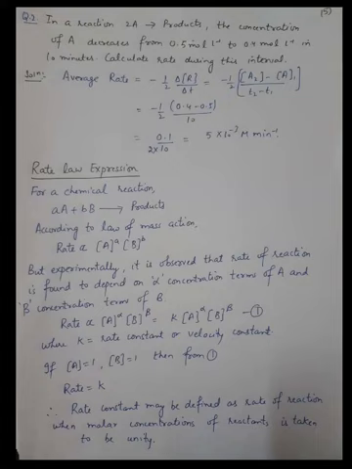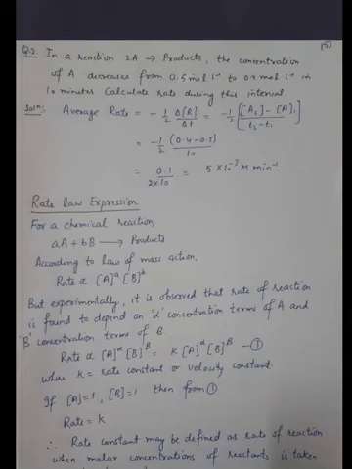But we are studying now rate law, that is different from law of mass action. Experimentally it is observed that the rate of reaction is found to depend on alpha power of concentration of A and beta power of concentration of B. Law of mass action is theoretically based, but rate law is experimentally based. It cannot be written as it is because it is experimentally based.